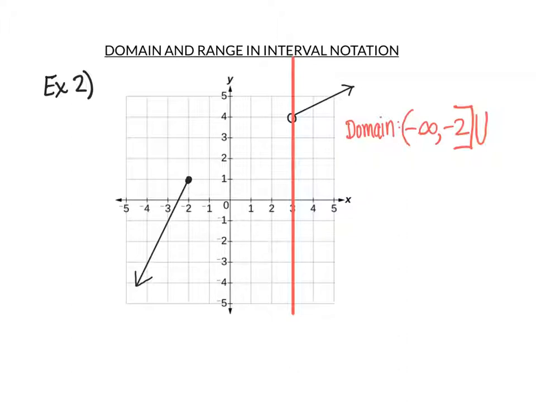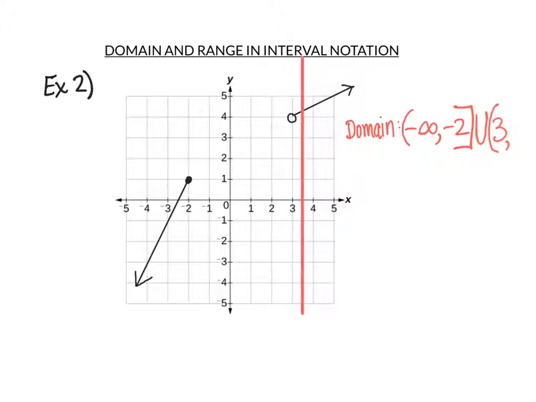At this current location, it looks like the red line is starting to hit the graph around x equals 3, but our graph has an open circle, which means that our vertical line is not actually touching the black graph at that value. So even though it seems to start touching around x equals 3, we cannot include that value, which means we are going to be using a parenthesis here. And then we're going to continue dragging this red line to the right.